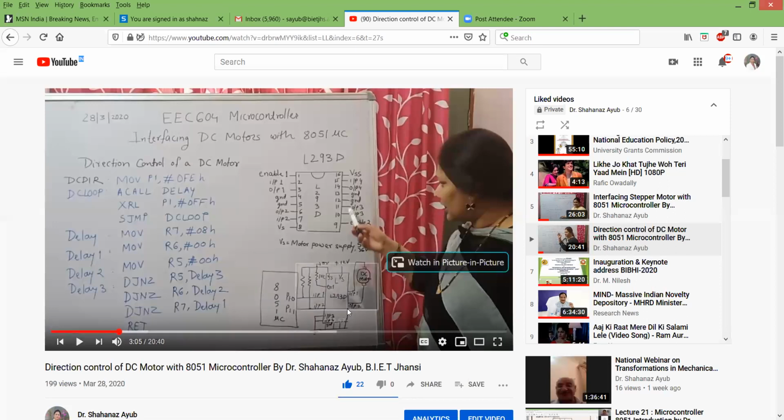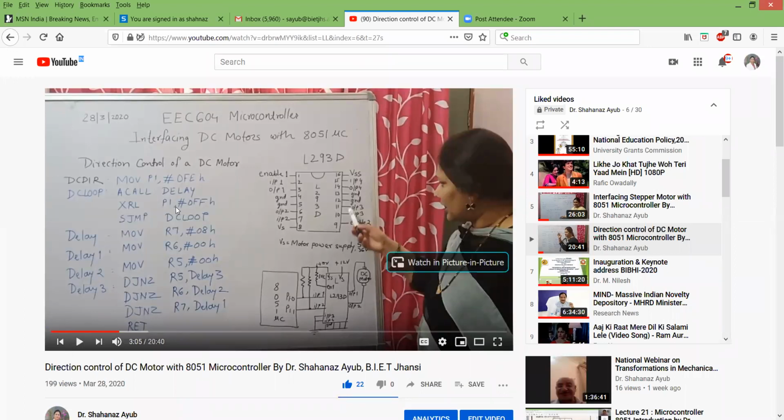Why am I inverting it? Because for a few times I have put the supply as the positive 0 and 1 combination. Now next time I have to put the supply as 1 and 0. So how to achieve 1 and 0 over here? You can move another data on the port, but we have one instruction, XOR. So if I have this instruction XOR, I can easily invert these particular line pins.